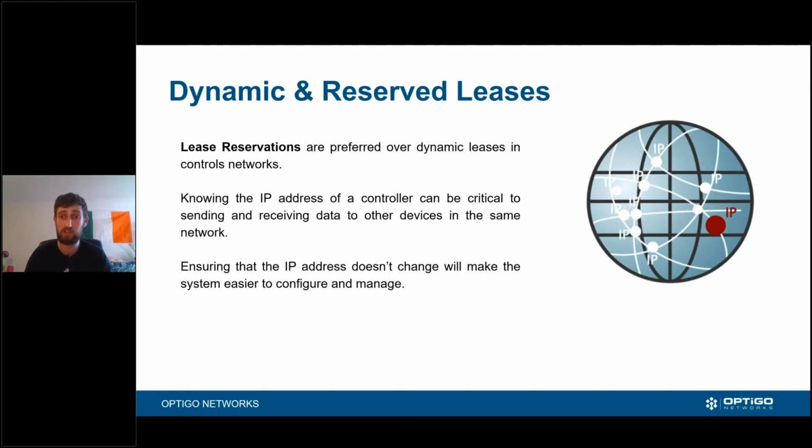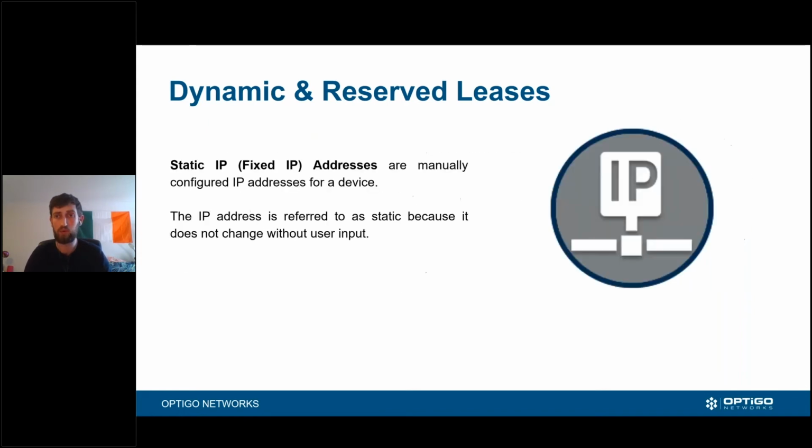If it is not set up correctly, you will often find there'll be many things such as printers and stationary devices, especially on an OT network, where they're not going to need to change the IP address. So there are two ends to putting in a static IP. A static IP is fixed; you are almost turning off your DHCP negotiation. You're telling your device, your controller, printer, even your own laptop, don't bother trying to ask for one. This is the one you have. You're good to go with that.